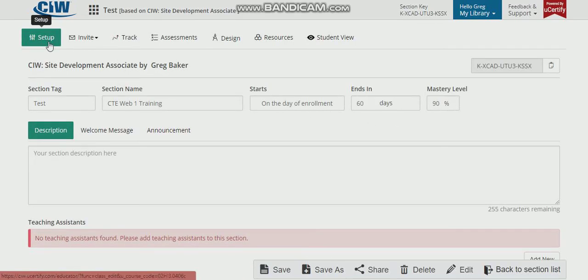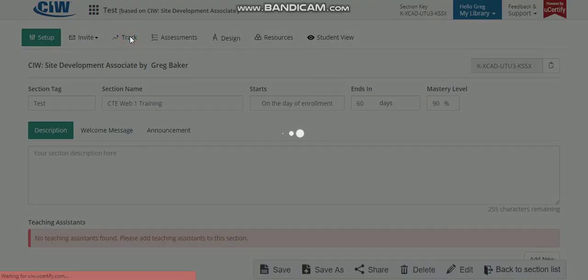As you can see across the top, this is where we can set up, and it's already defaulted to that. And that's just simply naming the day it starts and ends and the basic information about your course. You have another tab to invite students by email. And for the data, this is what we're going to show you right here, which is the tracking. Once we click on track,